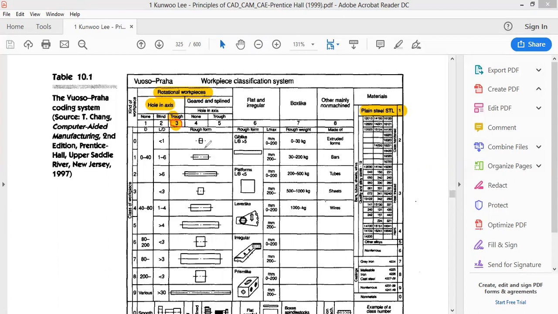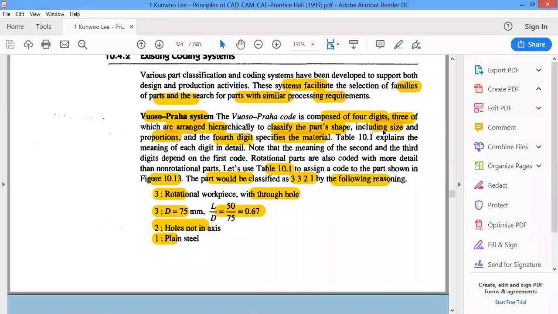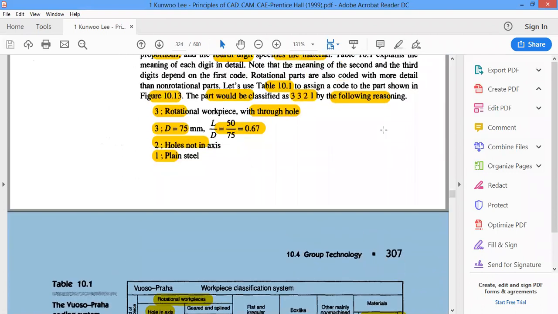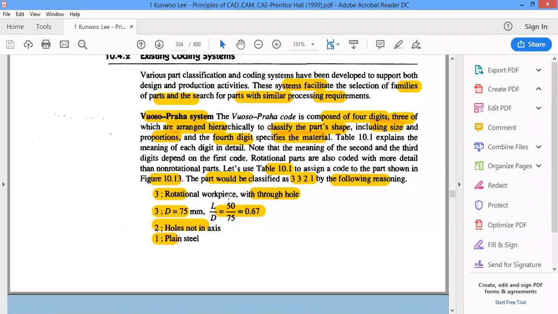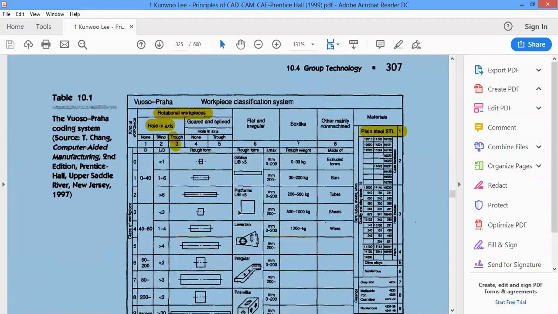So first thing, it is going to be a rotational workpiece, and it's going to have a through hole. So the first code is going to be 3. The next thing is the size of it. For this size, if we take the proportionality, the L by D ratio, the entire thing was 50 mm in length, or the height of the workpiece, and 75 mm is the